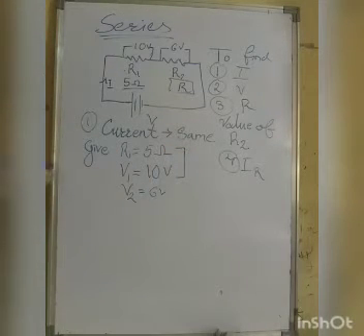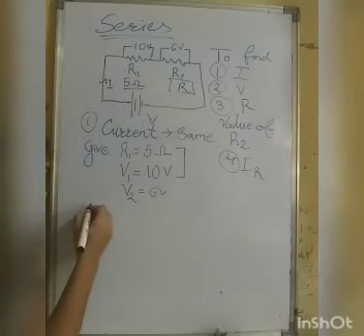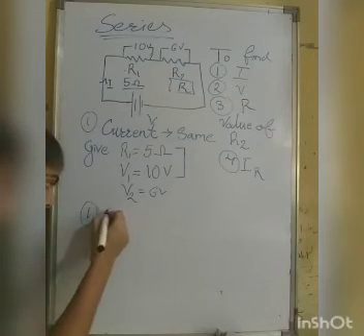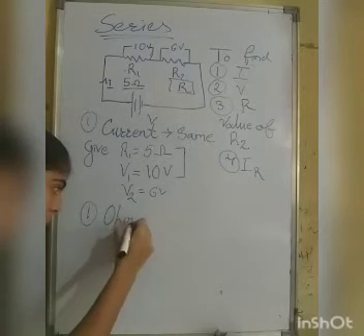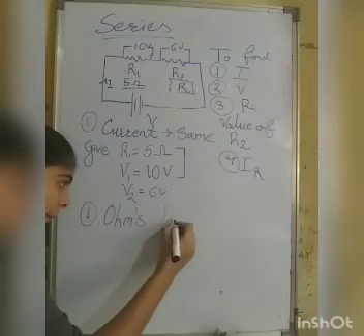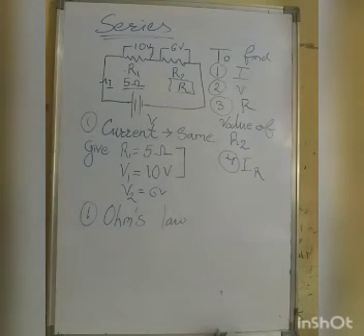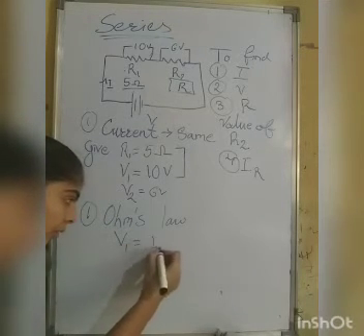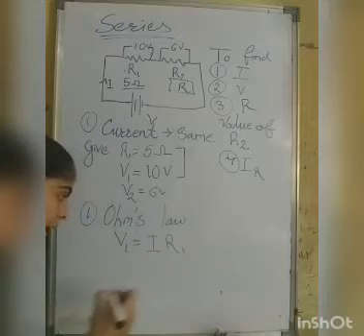So from these two, V1 and R1, can you find out the current? And the current in the entire circuit is going to be the same. So now you can find out the current? Yes, you can. By which law? By using Ohm's law, you are going to find out current. What does Ohm's law say? V equals IR. So here, V1 equals IR1.